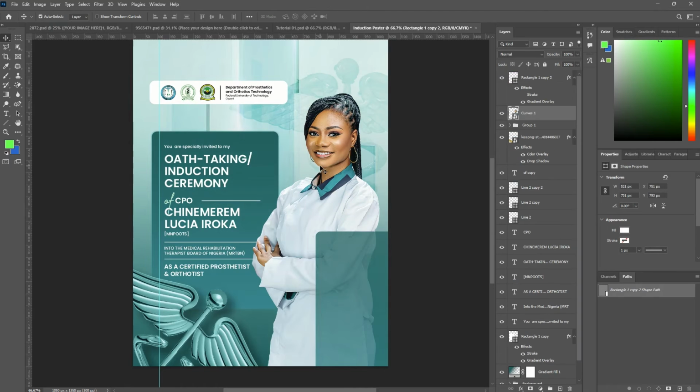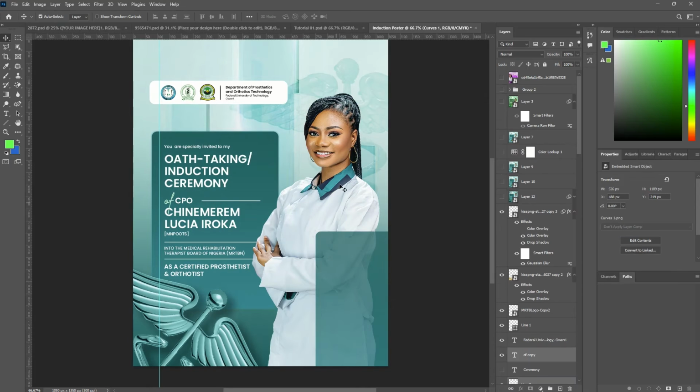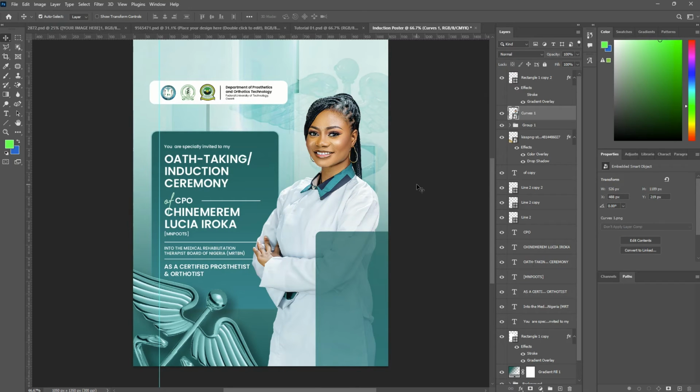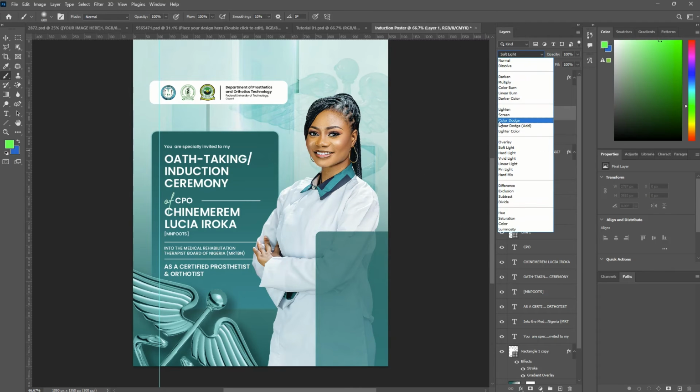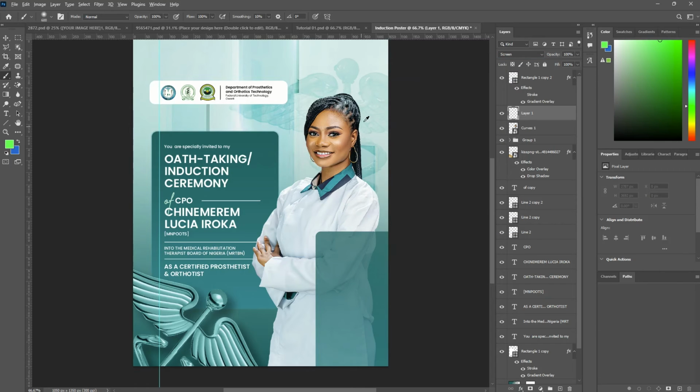Okay, then on the image, now we want to make the image have a good feel, right? So what we are going to do is that we're going to have this image like this, and we're going to add glow on the edges to make the image blend with the background. Okay, so we're going to come here, we're going to add a new layer. So you click on this place to add a new layer, and then you press B for your brush, you increase it, make sure that your caps lock is off, so you put there, and then you come here to your blend modes, you go to screen,